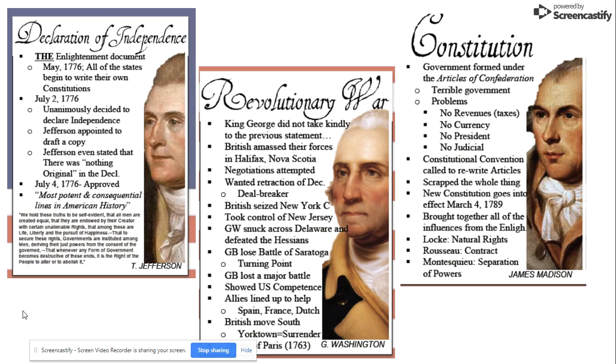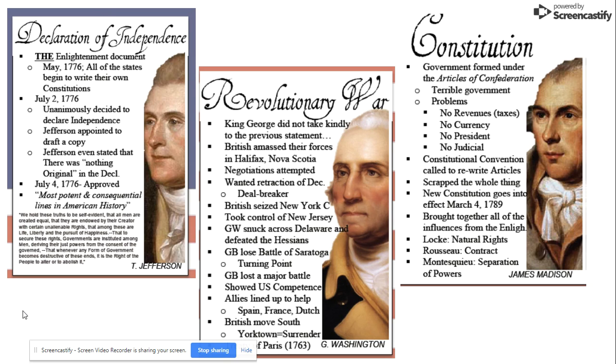So overall outcomes of the American Revolution, obviously independence, we become our own country. You get a federal form of democracy, which is totally different than anything that's existed at all in history. This is your first democratic, non-monarchy-based government. And the fact that it stayed that way for over 200 years actually really says something. And it's going to inspire other revolutions based on these ideas.